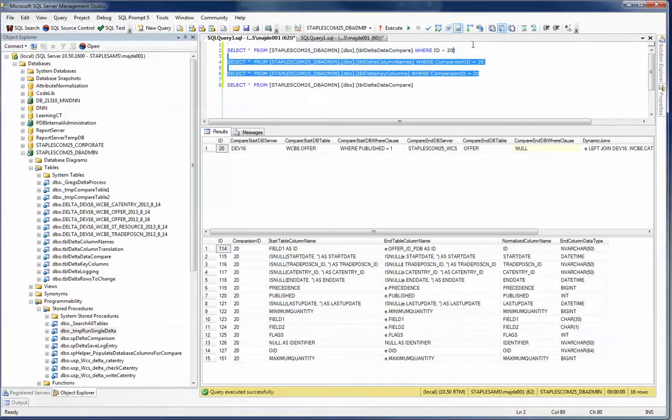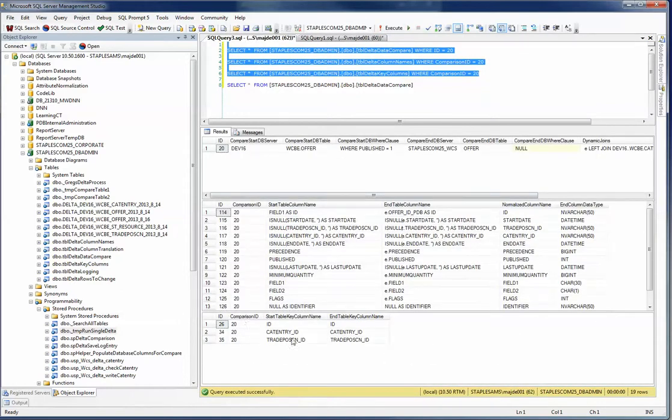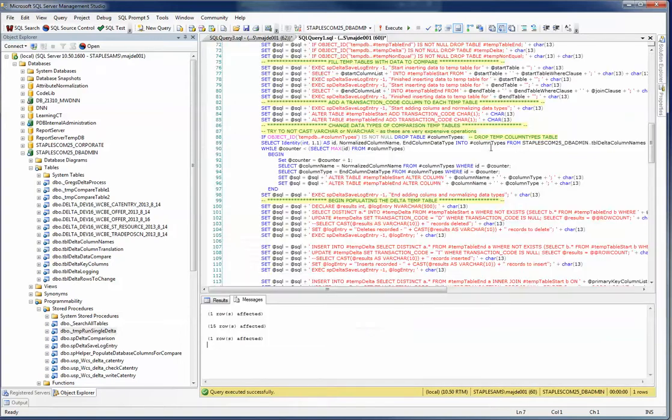And then we'll also take a look at the key columns. These are the columns that these tables have foreign key relationships with. And then when we take a look at the stored procedure,